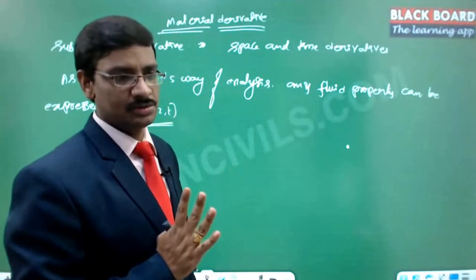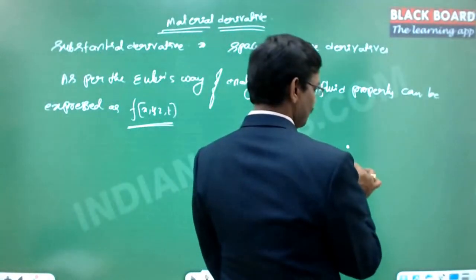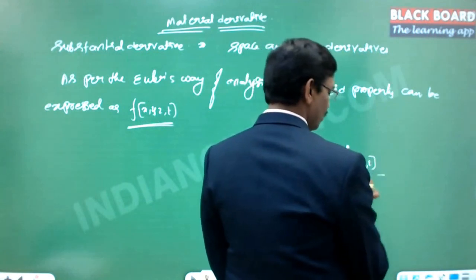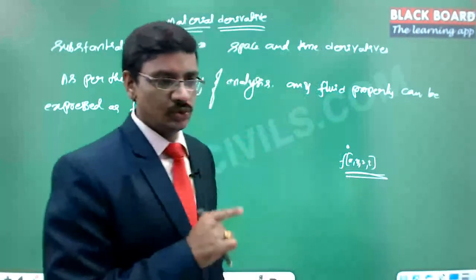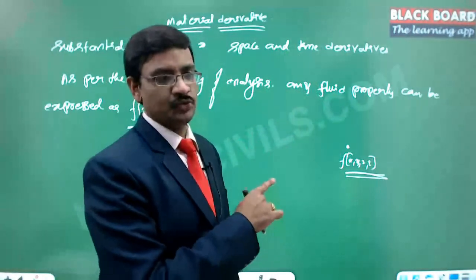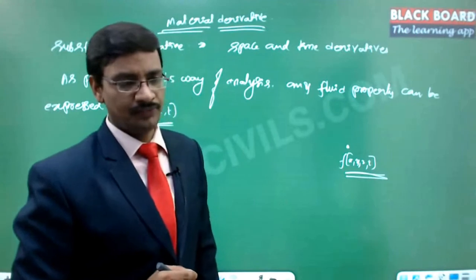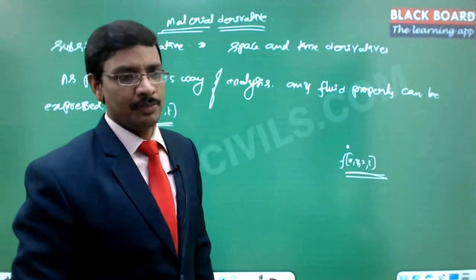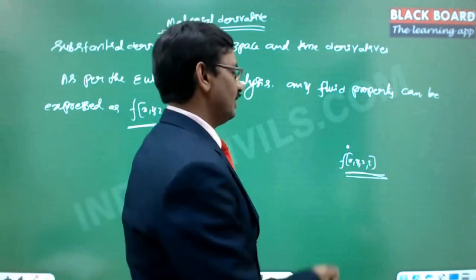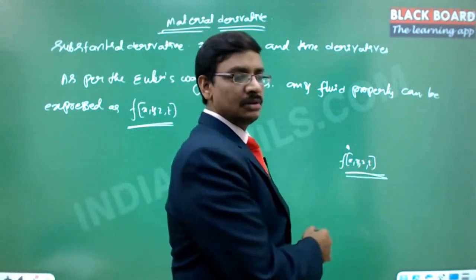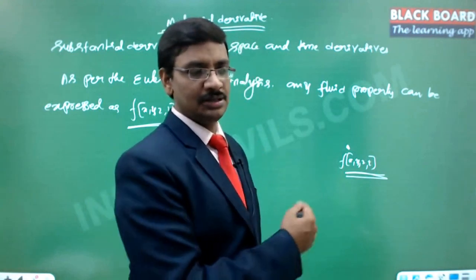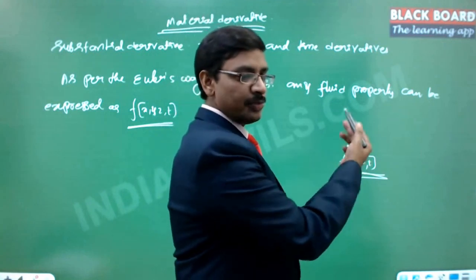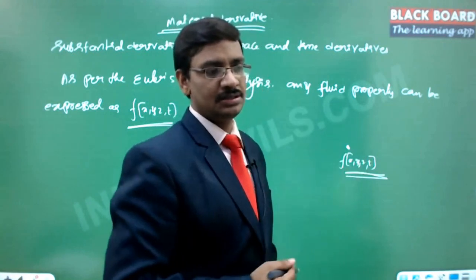So these are the four different variables. This is going to be a function of x, y, z, which are the space coordinates, and along with that there is a time coordinate as well. All four values together, depending upon the type of function, give us the property value at that particular point. Now if you want to find the change of that property, the change can happen in two different ways. One is, suppose I take the same point, the position is fixed, but if there is a time change, then obviously the function is going to change at this particular point itself just because there is a time change.